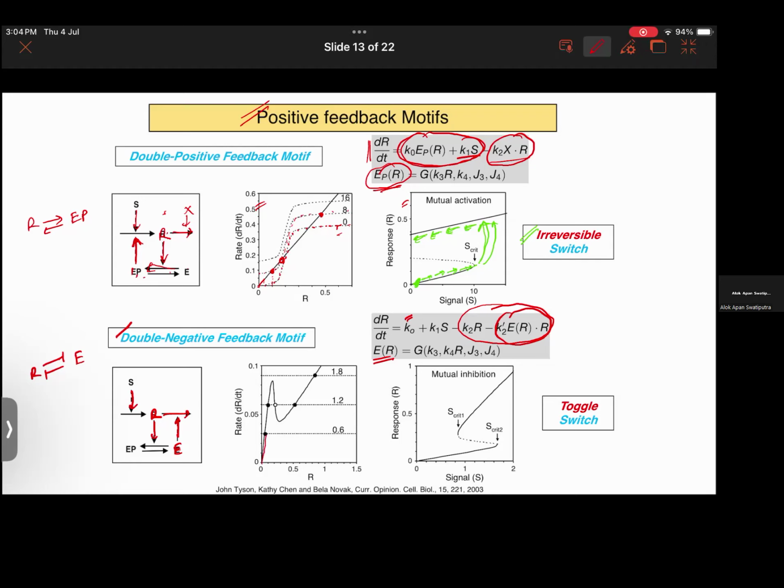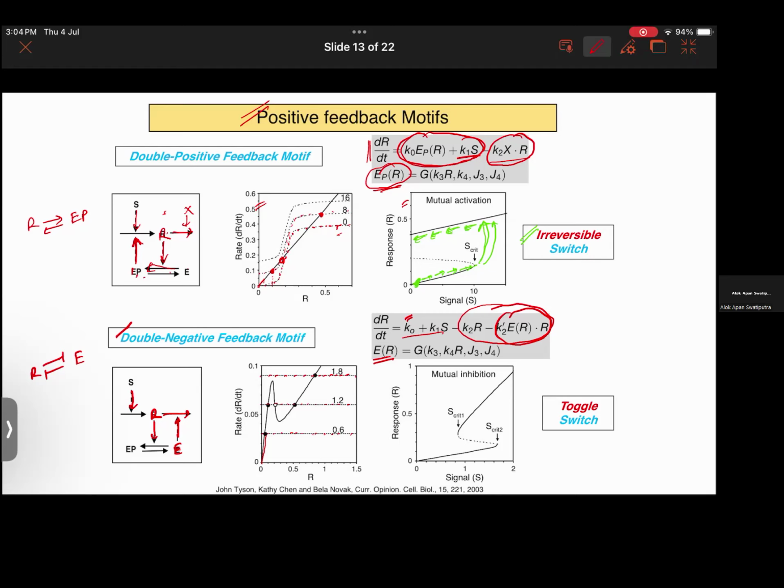You can try plotting this on any plotting software, you will get a curve. And if we have the K0 plus K1S, again it will be a flat line, and depending on S, you will just keep shifting this line upwards. So this is 0.6 S, something like this. If you increase S, it's 2. If you further increase S, it is